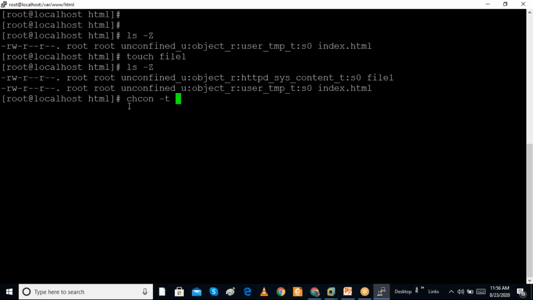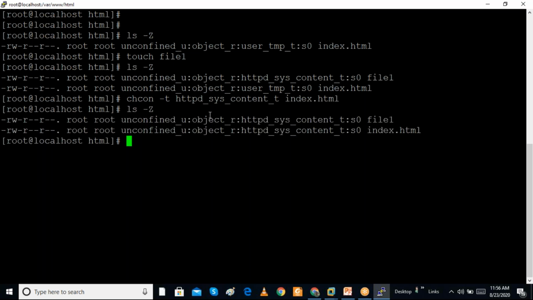I am going to change it to httpd_sys_content_t, because my index file has a different context, user_tmp_t, and then give the file name. Now we can see with ls -Z that both files have the same security context because I changed it using the chcon command.